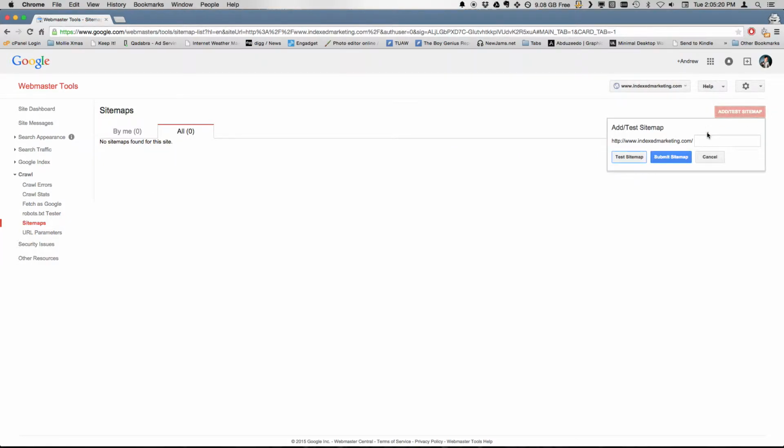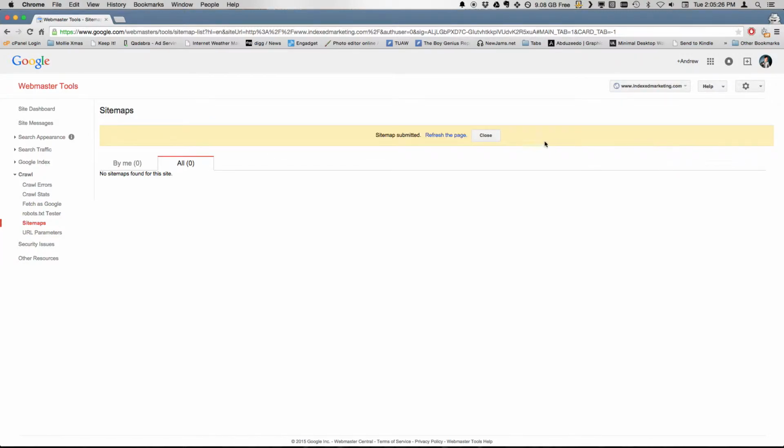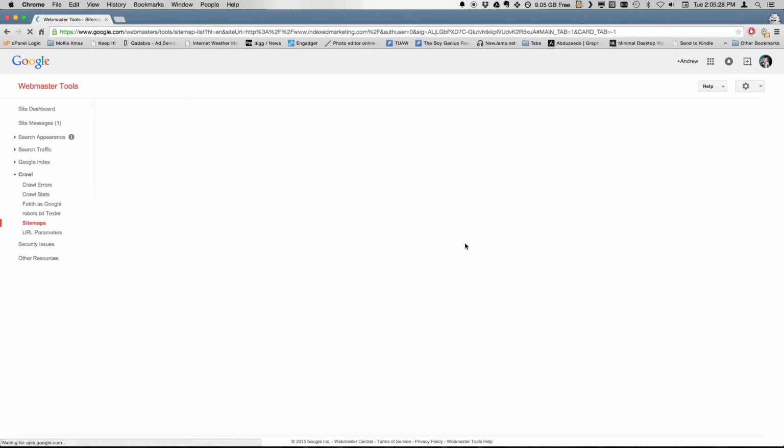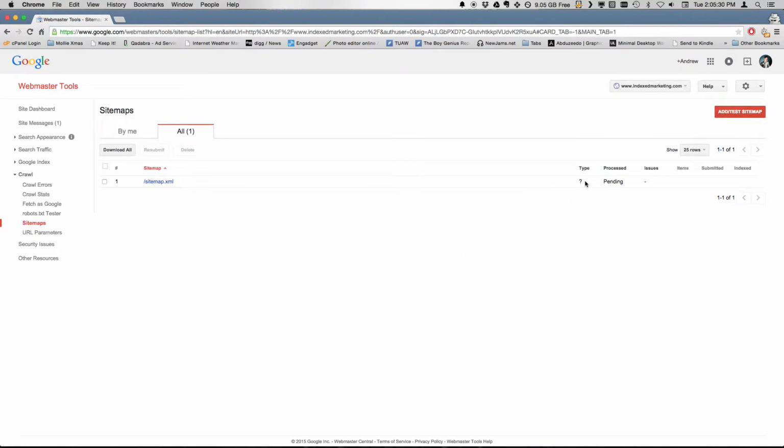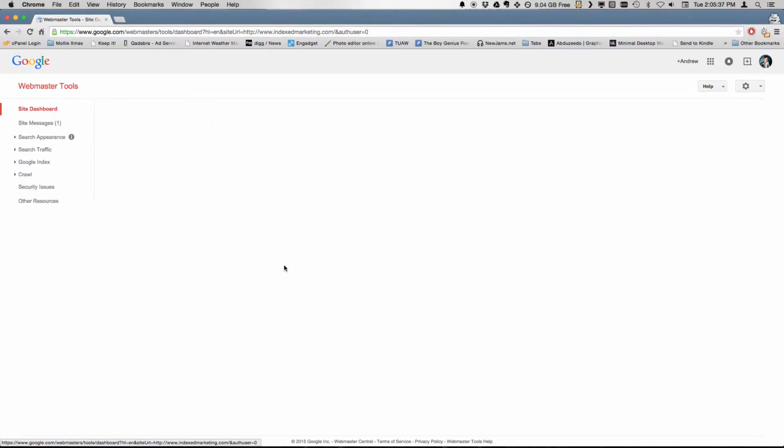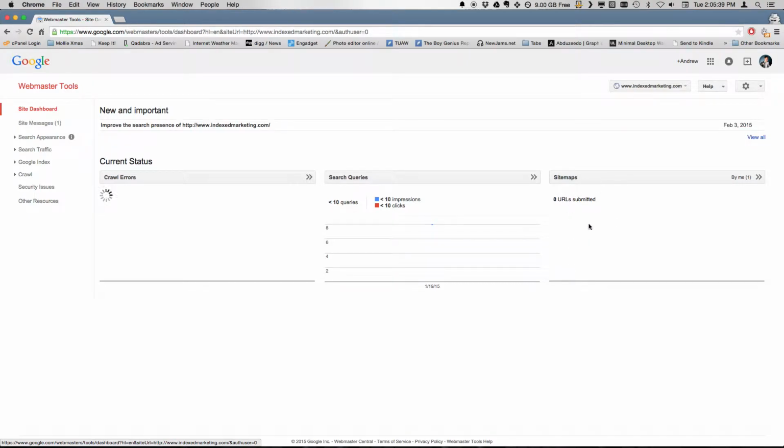So now that I've tested it, I'm going to actually do the adding to the site. You see this other big blue button, that's the submit button. So once you do that, hit submit. It'll ask you to refresh the page, and you're going to see that Google will be pending your sitemap processing. Give it about 24 to 48 hours, and then when you come back, you should see here on the right hand side under the sitemaps area, it should have statistics for how many URLs were successfully submitted, how many images,